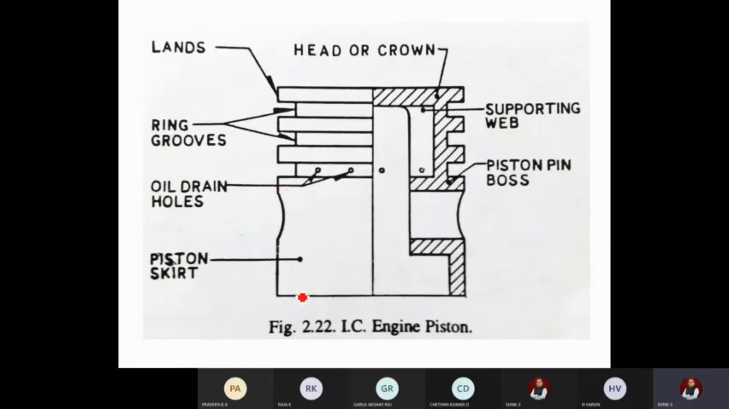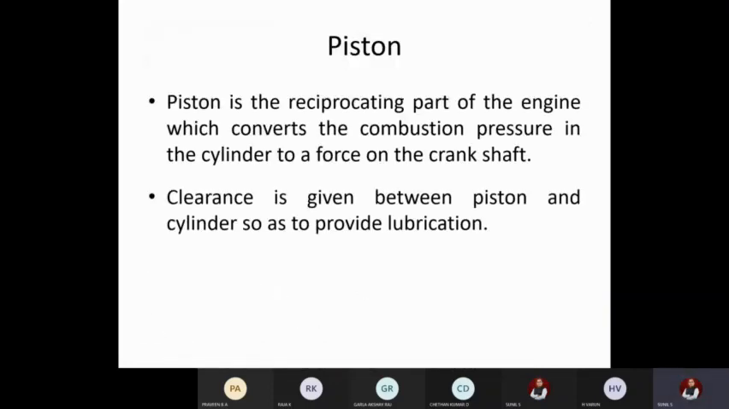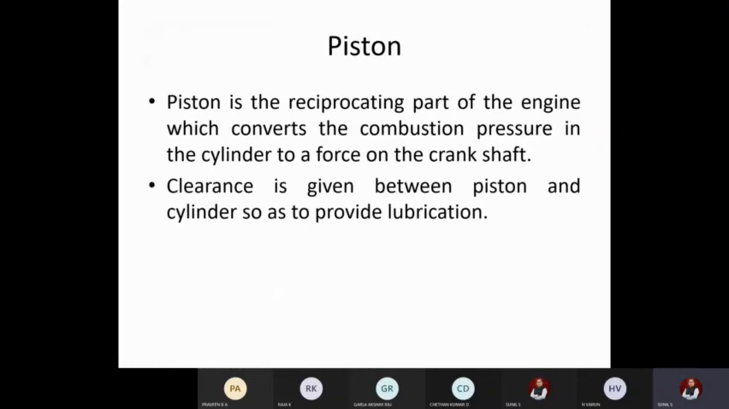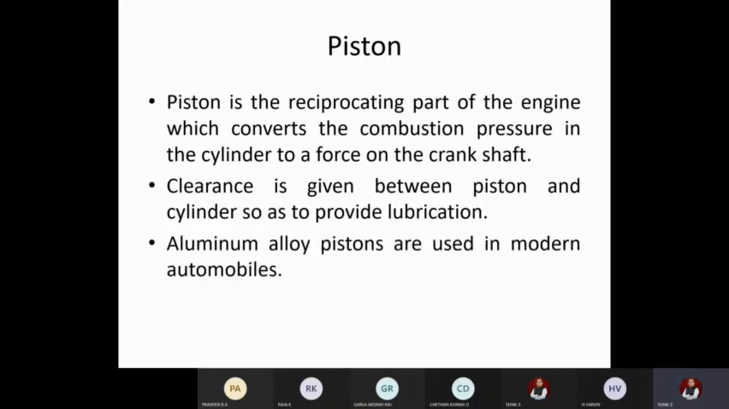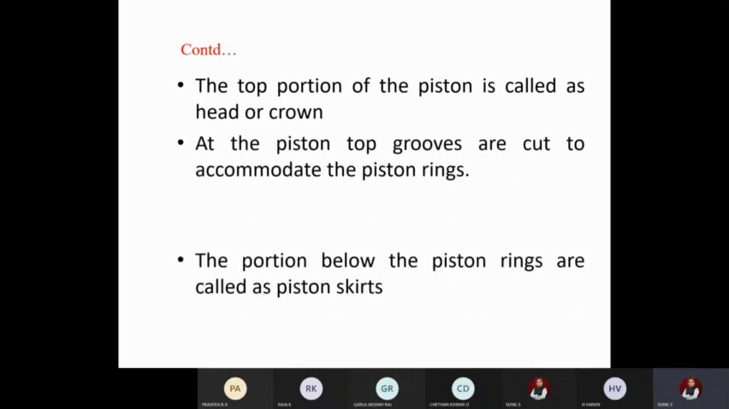So this is regarding the construction. Its main job is to convert the combustion energy, or heat energy or pressure, whatever is built up in the cylinder, into mechanical energy. The same thing is explained here. It is the reciprocating part of the engine. It converts the combustion pressure to a force on the crankshaft, that is mechanical energy. There will be a clearance between piston and cylinder so as to provide proper lubrication. Usually aluminum alloy pistons are used in modern automobiles. This I have already explained about the